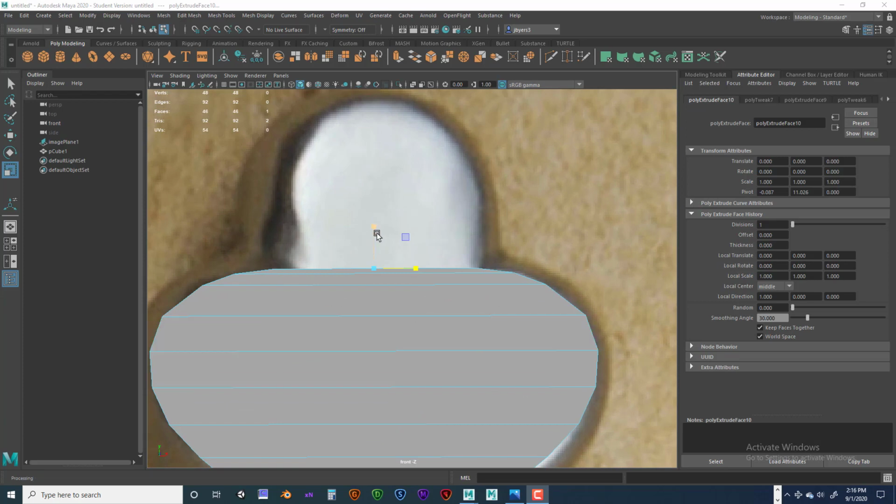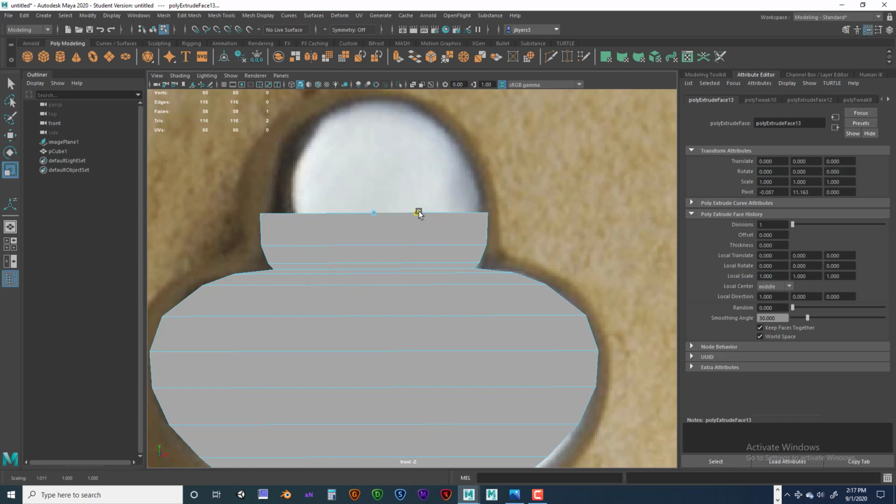Okay, then we'll go ahead and smooth that up just a little bit. There we go. Alright, and then we're going to go ahead and do extrude again. And move that up. And this time we'll go just a little bit up like that, and just kind of scale that out a little bit like that. And extrude up like that, scale it out a little bit, extrude up,